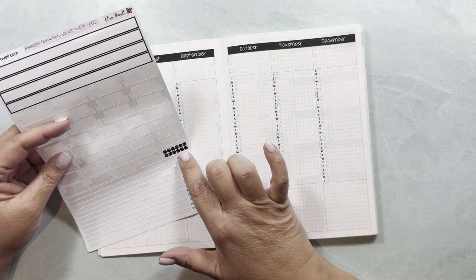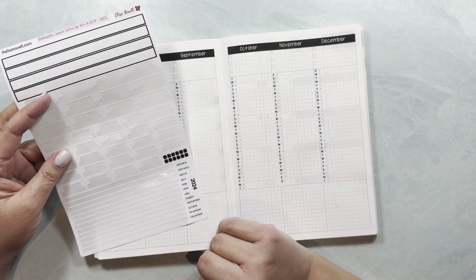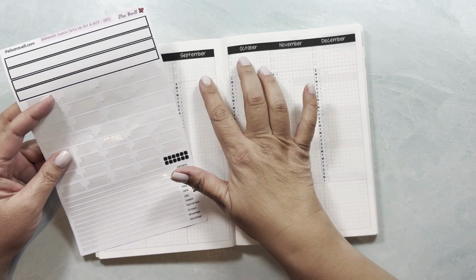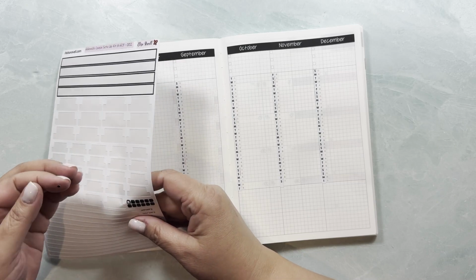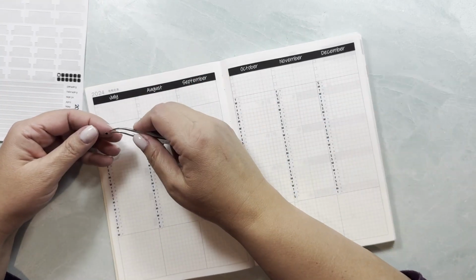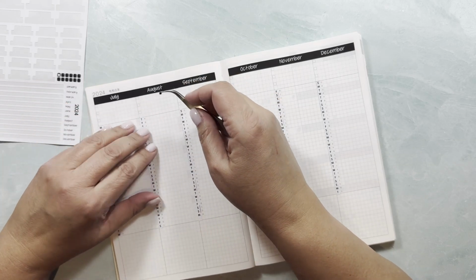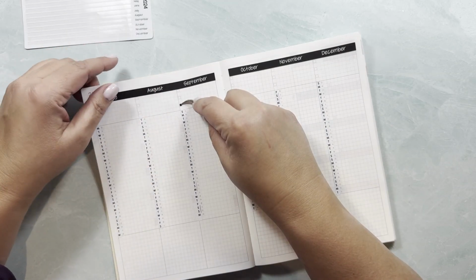I also had a white spot here, and you know me, I don't like white spaces, so I just put some little dots, right? These are tiny. I forgot that I was going to make them bigger. So they're really quite tiny. What I was saying, right? Let's say